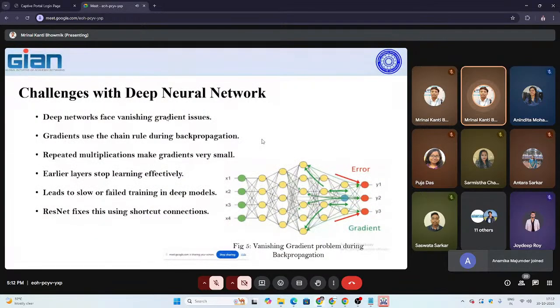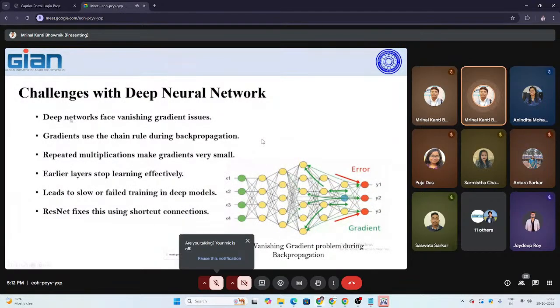So, what are the challenges with deep neural networks? Let's see why we use ResNet when we train a deep neural network. These are the problems faced during training of a deep neural network. While an input image is trained in the artificial neural network or deep neural network, backpropagation happens. But deep networks face vanishing gradient issues while using the